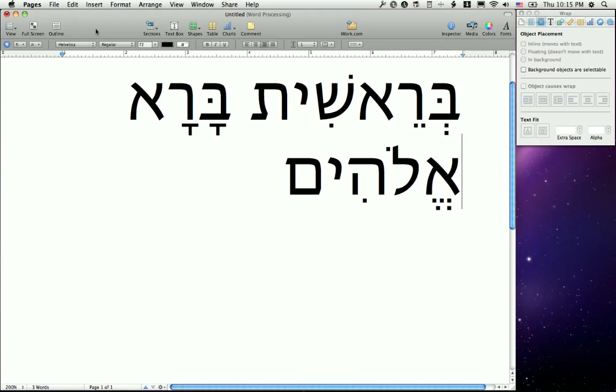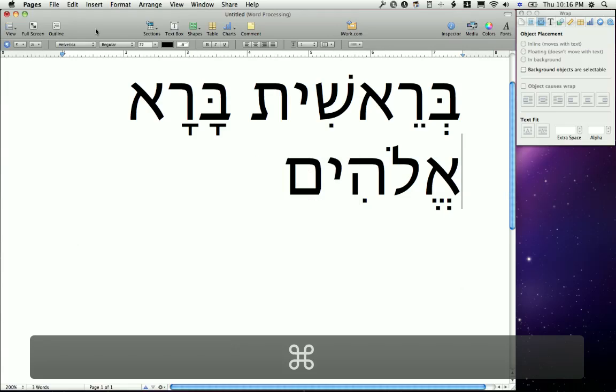Now, I still have on my screen the document that I created during the other screencast, in which I typed Bereshit bara Elohim, the first 3 words of the book of Genesis. Notice where the cursor is blinking. Mac OS X supports right-to-left word processing, but it's not really optimized for right-to-left word processing. So you can see the insertion point blinking to the right of the word Elohim, but let me switch to